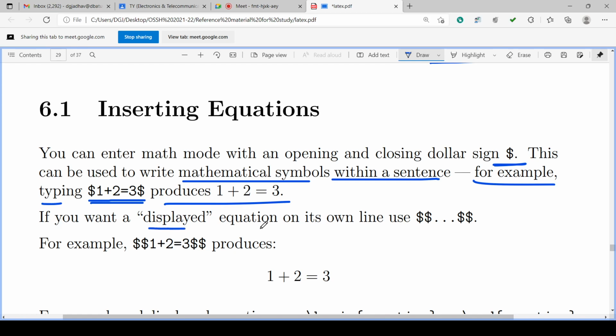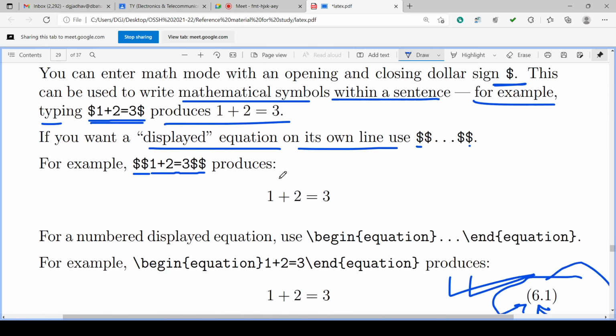If you want a displayed equation on its own line, use dollar dollar equation dollar dollar, double dollar. For example, dollar dollar 1 plus 2 equal to 3 dollar dollar. It will produce an equation on a separate line.